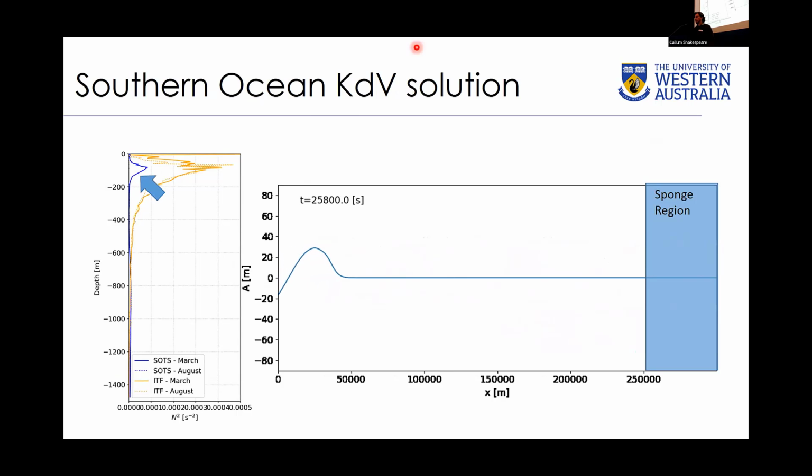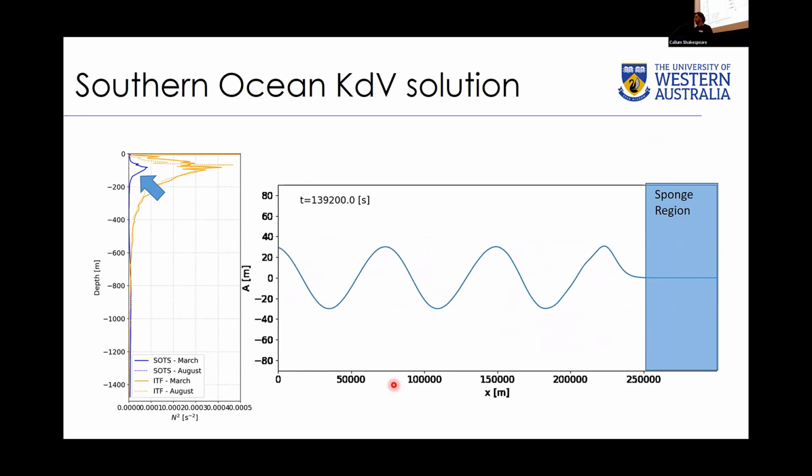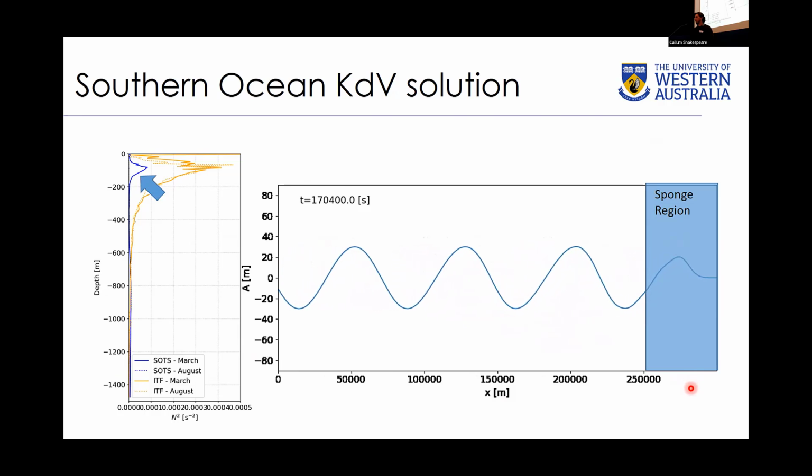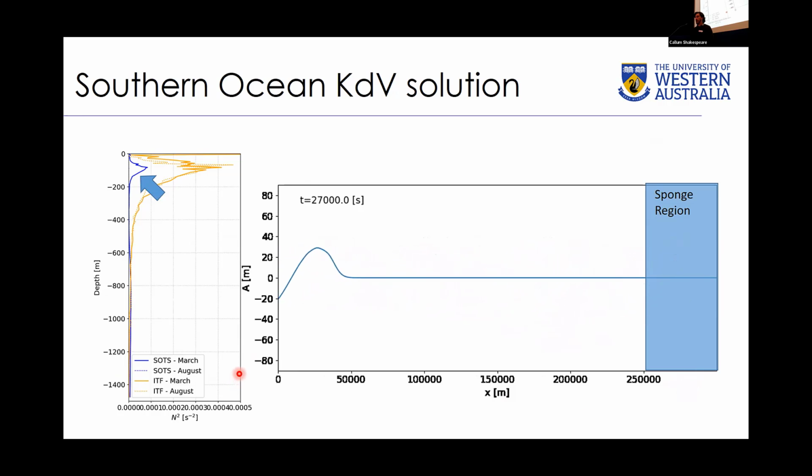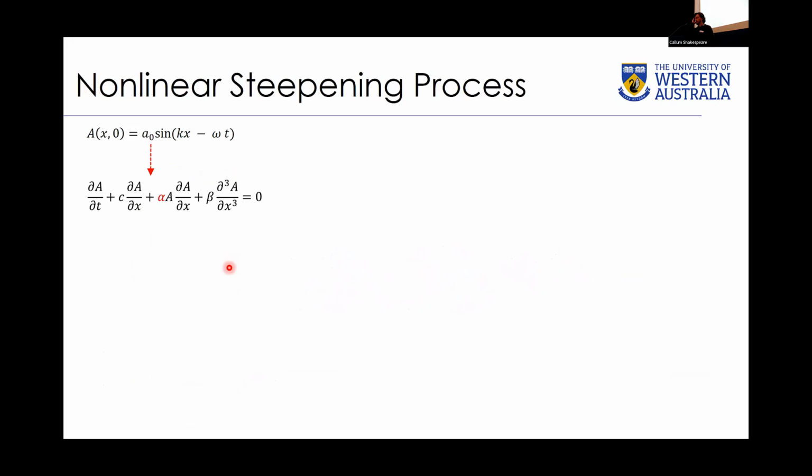This is the same amplitude boundary condition, but now with Southern Ocean stratification, propagating over 300 kilometers, and nothing happens. So then the question, why doesn't anything happen in the Southern Ocean case? It's to do with this nonlinear steepening process, and in particular this alpha parameter, which governs this nonlinear steepening